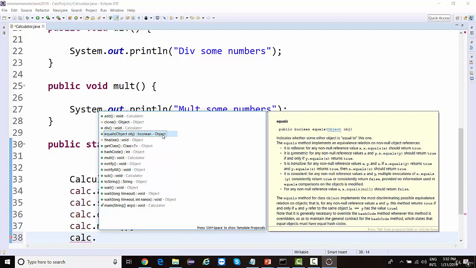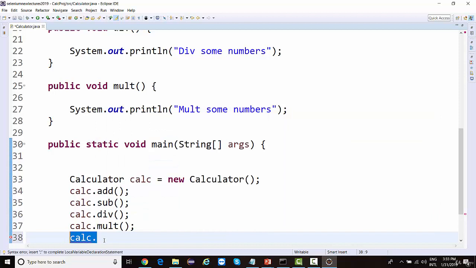So we need not worry about what object is right now. This is just for your reference. Why are you seeing these methods? Because object is like a parent class and a child inherits the properties of a parent. So when you are accessing methods of a child, you are able to see all the methods of the child through this object reference, and you will also be able to see the methods of the parent, right? Because the child inherits the properties of the parent. So the child shows the properties of the parent as well. That is the reason we are able to see methods from the object class. But we need not worry about object right now. So don't worry about it. We'll be discussing these concepts once we start with OOPS programming in Java.